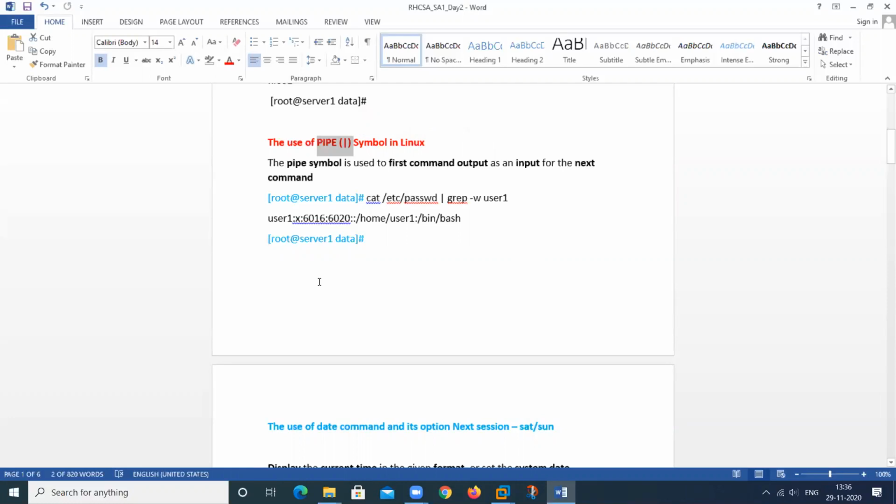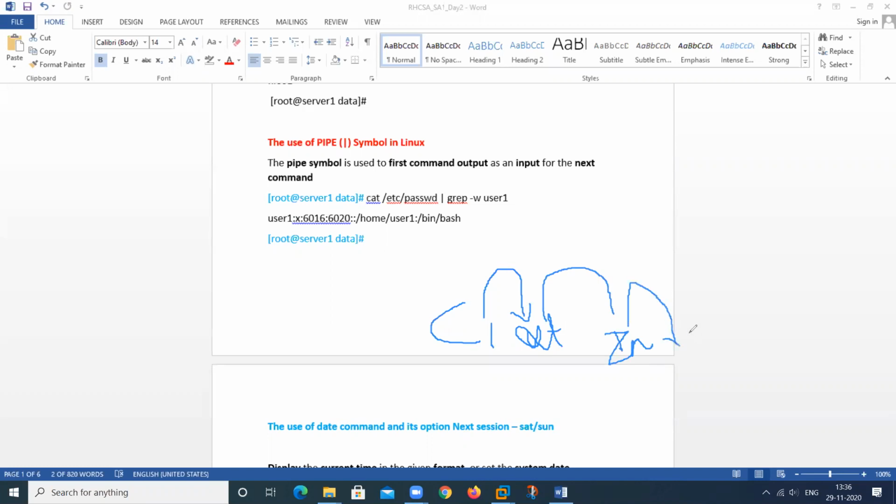It means if we type anything, suppose this is my command 1, it will print me the output. This is the output of this particular command, and this output will become input, because every command needs an input through the keyboard and through the terminal, because input is typed by the keyboard.